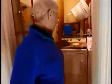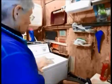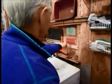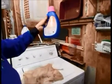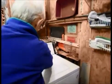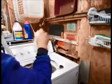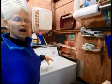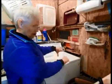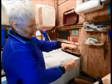Now, to start laundry, there is a measure here, and bleach. We have 2 cups of bleach. It goes in first into the tub, a cap full of soap, as you would normally do at home, and then fill up with water so that it doesn't bleach it out. If you put the bleach right on top of all of the linens, it will bleach it out. So I fill the tub with water and the bleach and the soap, or get it started anyway,